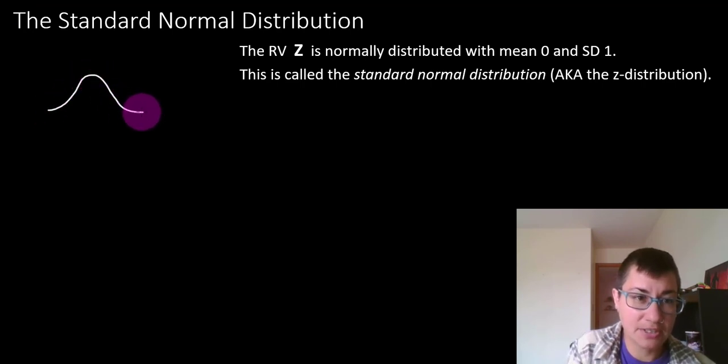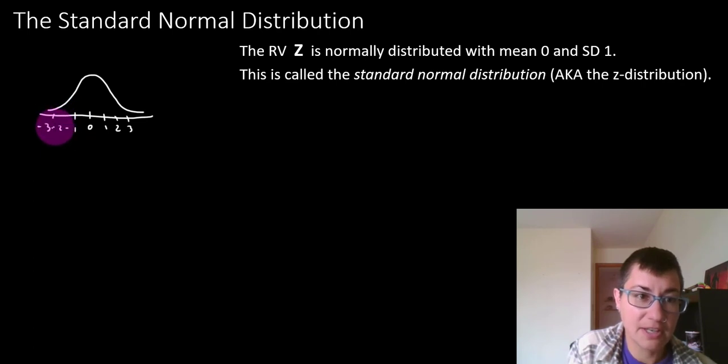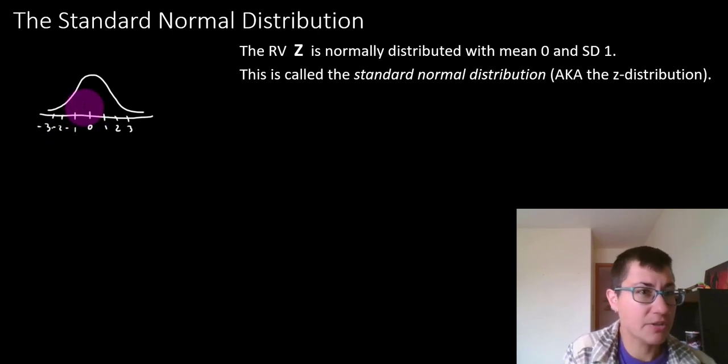However, there are limitations to that because the empirical rule really only gives us information 1, 2, 3 standard deviations away from any given mean. And so we are going to discover how to find area under any normal distribution,